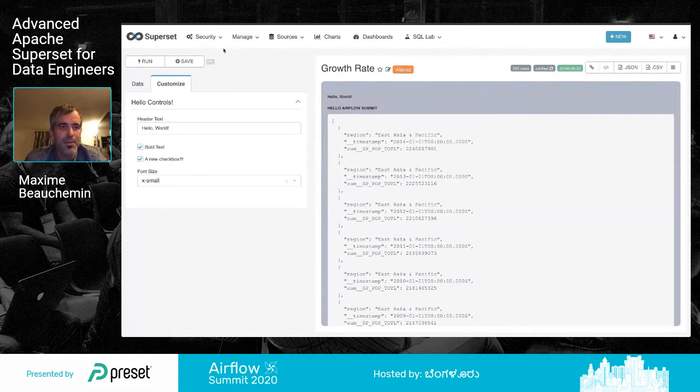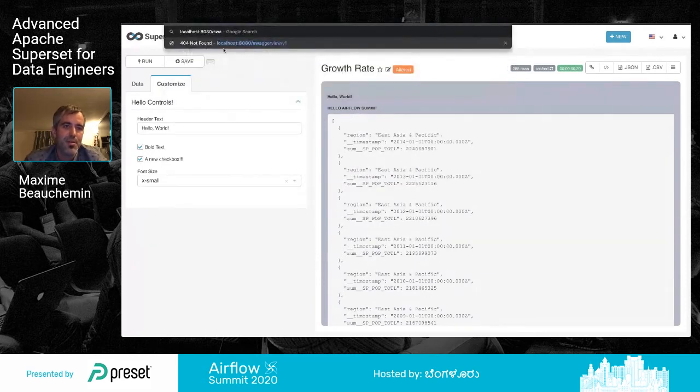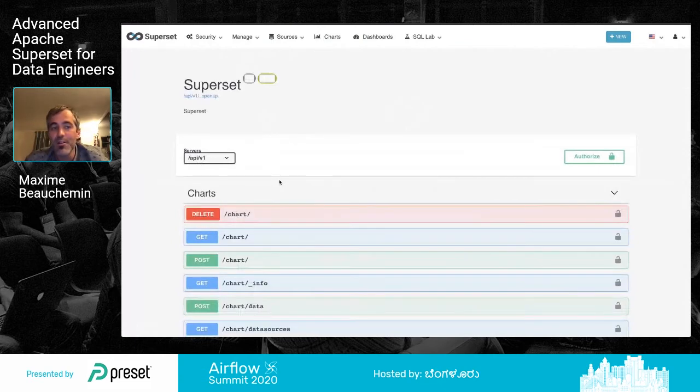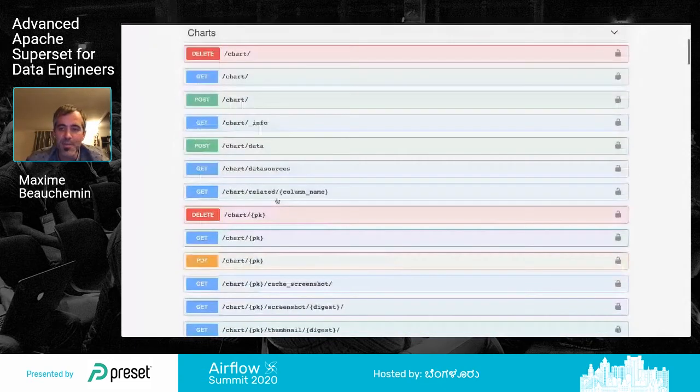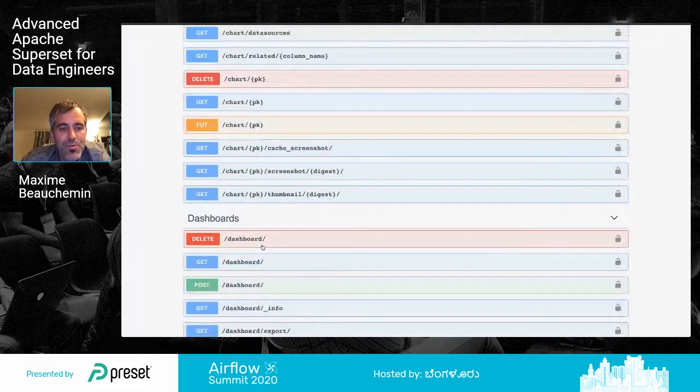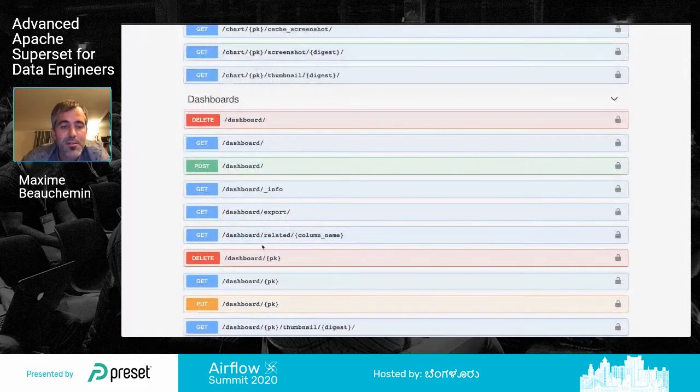If you're in dev mode, you can go to this endpoint called Swagger V1 to get a sense of what's in our public REST API. People at Preset have been working pretty hard at building it. We always had this internal private API, but now we've been working on a much more public API. The goal is that everything you can do in the UI as a user, you could do programmatically